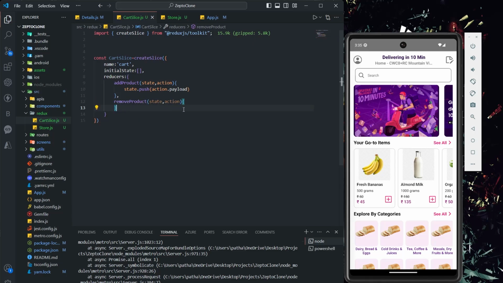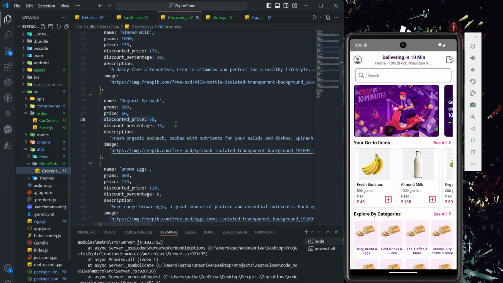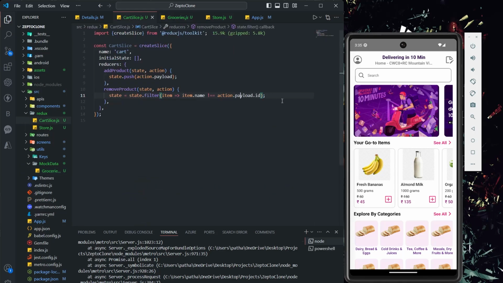Same way we are going to create these actions, and here I'm going to say let me use this code only. I'm going to explain this. So here I am directly modifying this data with, instead of this ID, I'll say name. Okay, I guess we don't have ID. Let me check, do we have ID here in our mock data? No, we don't have ID. So what was the unique thing? We can go with the name. Okay, let me go with name. If id.name not equals to id payload dot name,